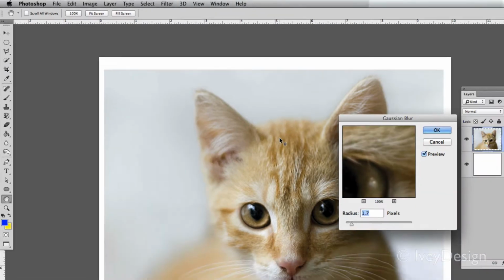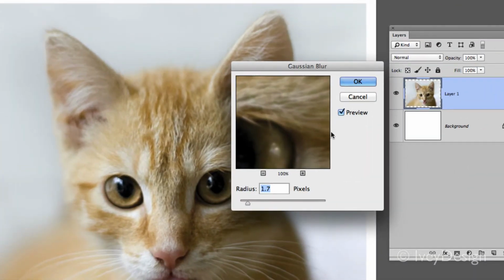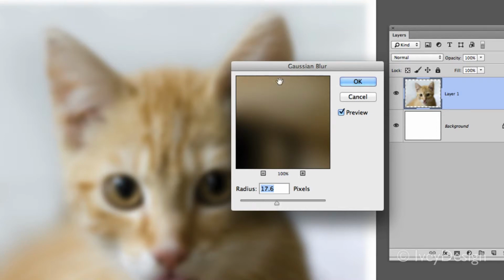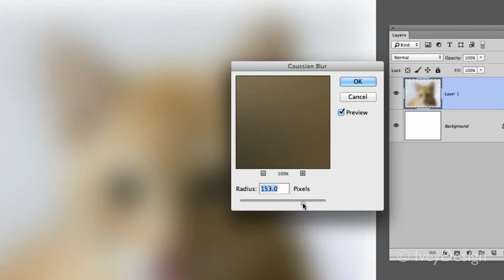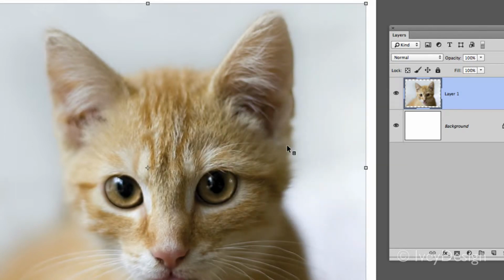When I choose it, I get a pop-up box, and I need to make sure my preview is checked. Then I can move the sliders, and you can see what this is doing as far as blurring my image. Like I said, when you open the other ones, there'll be a little bit different controls for how you want to blur that. If I hit Cancel, it won't commit to any changes, and I can